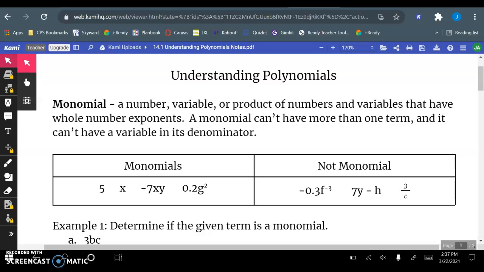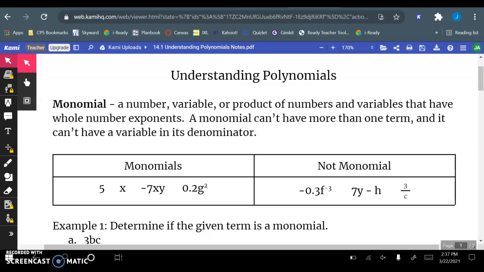Okay, so moving into Module 14, we are going to be working with polynomials. Section 1 is just understanding what a polynomial is and how to work with them. A monomial is a type of polynomial, and it is just a number, a variable, or a product of numbers and variables that have whole number exponents. So no fraction exponents. A monomial can't have more than one term, and it can't have a variable in its